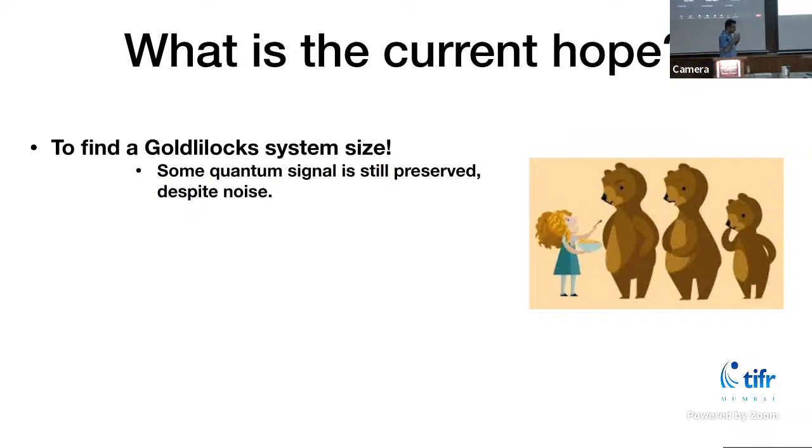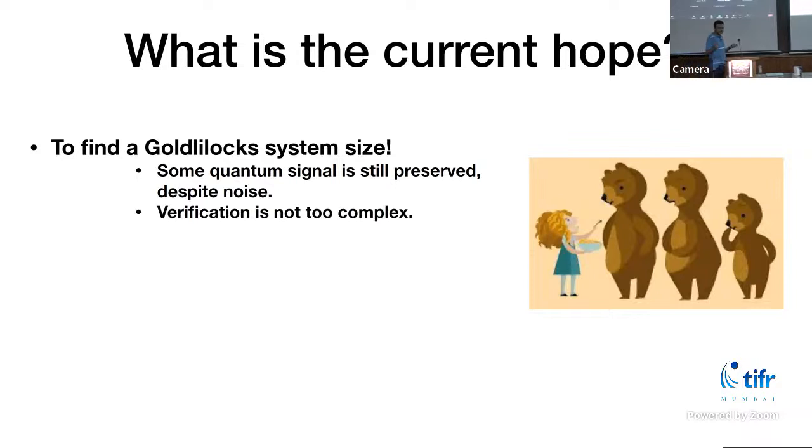Why the concern that noise might do that? That's something we'll see later as well, because noise does do it. So the hope is you do this random circuit sampling at some finite sized system, such that there's still some quantum speed up in this whole task.